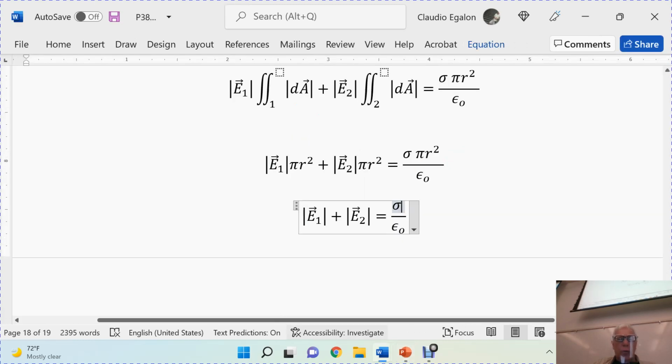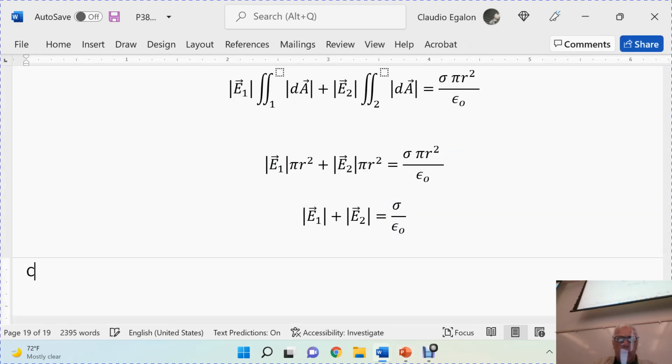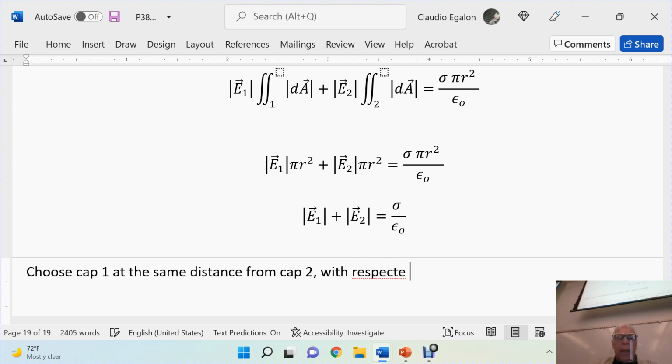Choosing, so we can choose cap 1 at the same distance from cap 2 with respect to the charge distribution,